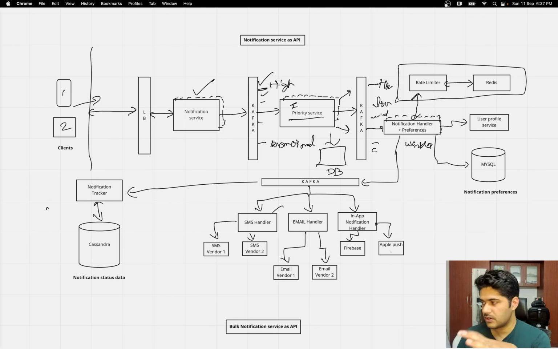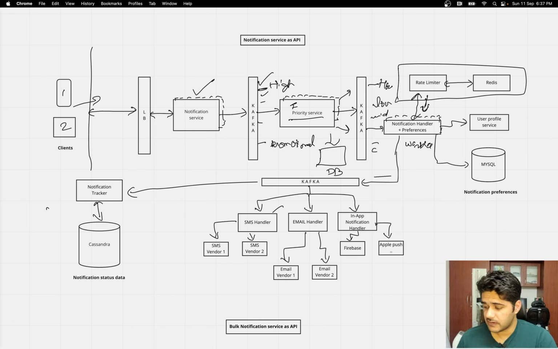It already has all those tables somewhere to support it and to decide whether to give a green signal to this particular request or not. So the notification handler will send it to the rate limiter, and the rate limiter will ultimately give you a go ahead on whether to ignore or go ahead. As per that you will take a decision and go forward. Basically you will send it to your final Kafka cluster.